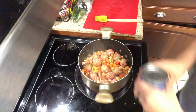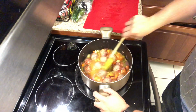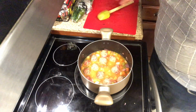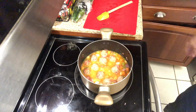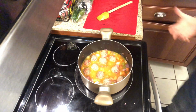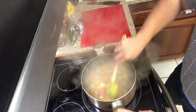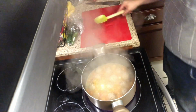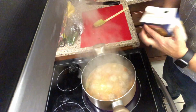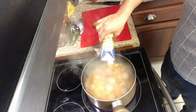All right, at this point, I'm going to add a little bit of chicken broth. There we go. Okay, so I'm going to put this up on high. Kick it up, let this start boiling. Let it start going. Then we're going to add some more broth. So this stuff is cooking up really nice. I'm going to throw a little extra chicken broth in there. I used a little bit of this box